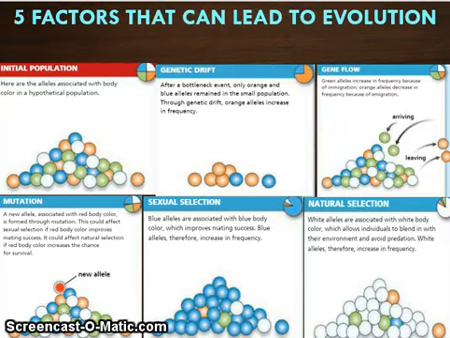Okay guys, today I want to talk about the 5 factors that can lead to evolution. This is basically just a summary of what we talked about last week. So if we start off with our initial population here, then the 5 factors are genetic drift, which is, remember,